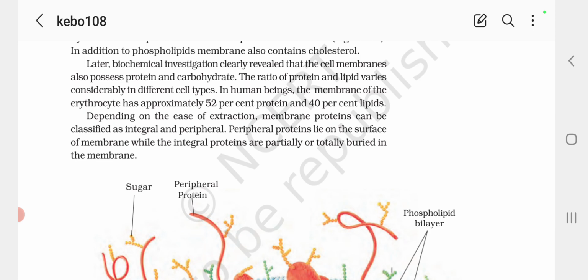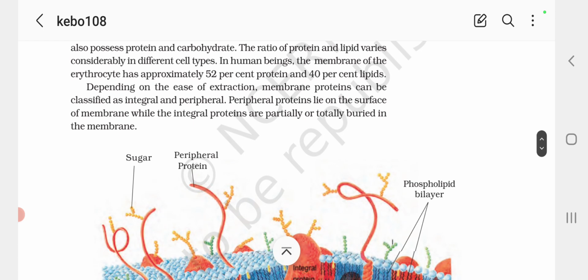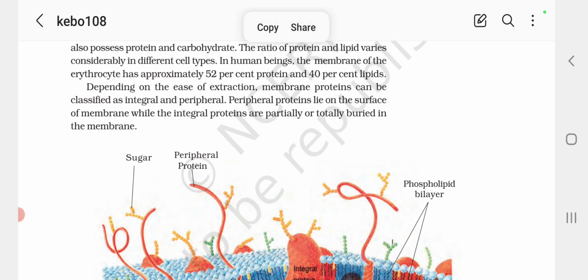The ratio of the protein and lipid varies considerably in different cell types. In human beings, the membrane of the erythrocytes has approximately 52% protein and 40% lipids. Depending on the ease of extraction, membrane proteins can be classified as integral and peripheral. Peripheral proteins lie on the surface of the membrane, while the integral proteins are partially or totally buried in the